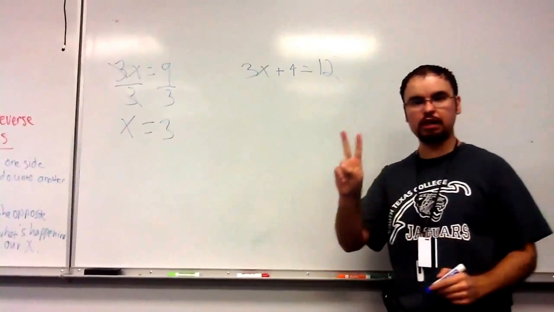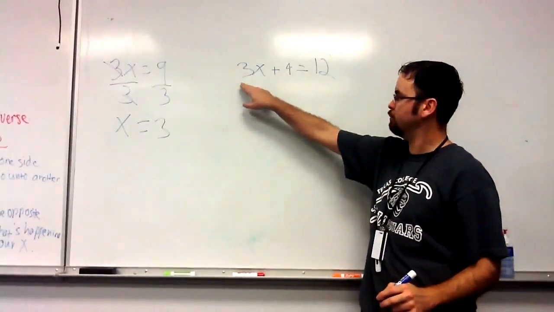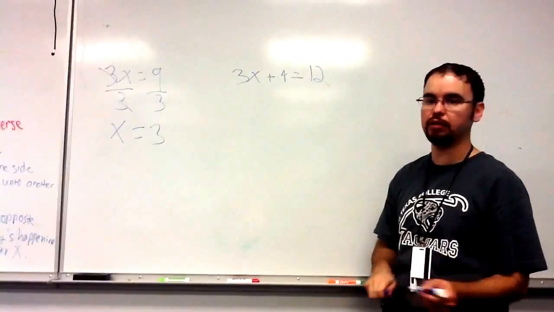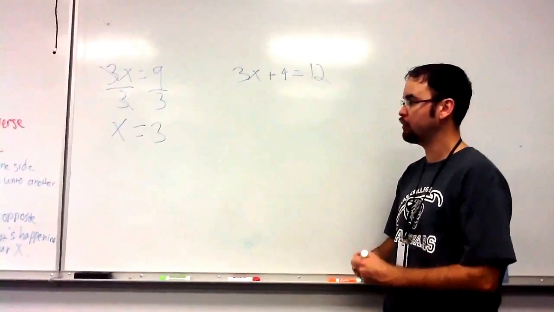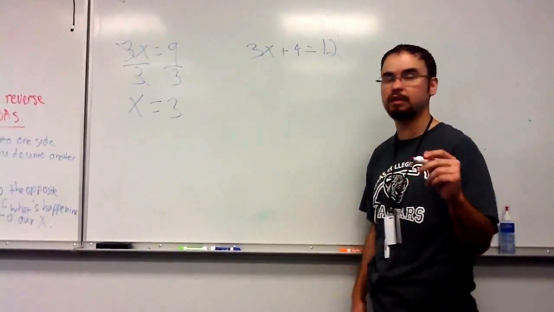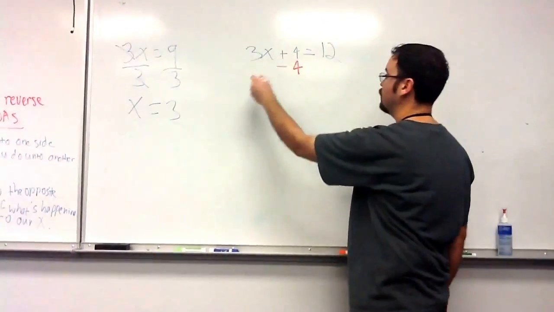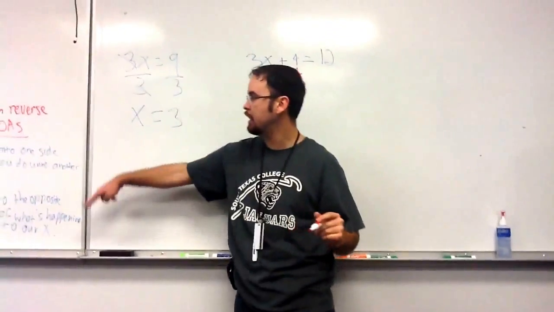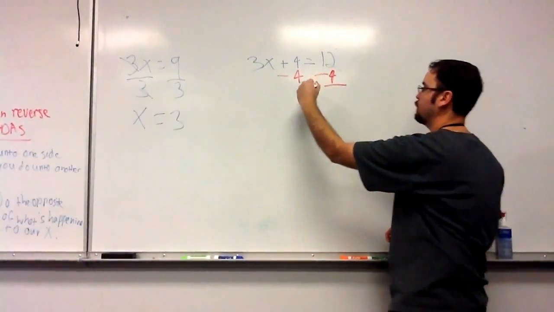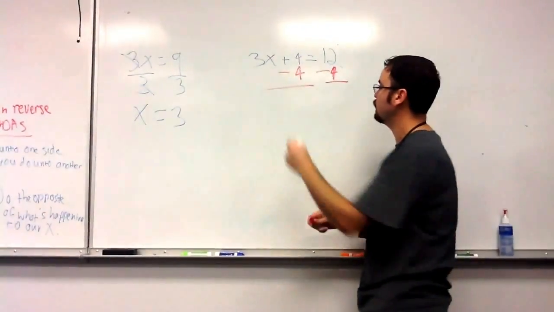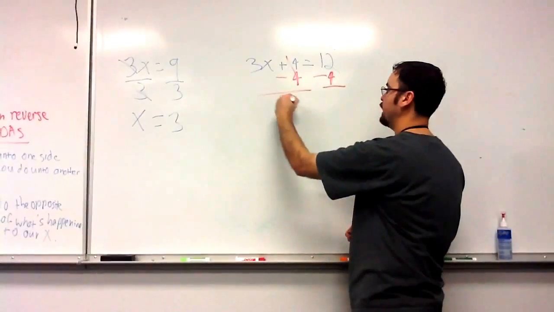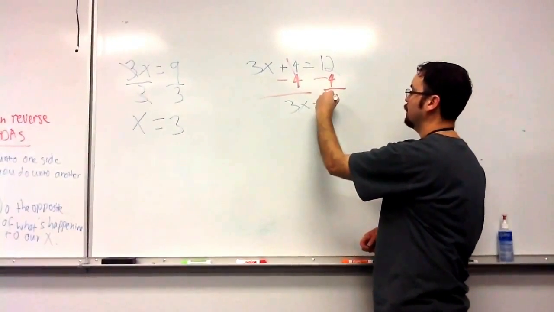So there are 2 things happening to my x right here. I'm having it be multiplied by 3, and then I'm having 4 added to that number. So for my first step, I'm going to work in reverse PEMDAS. I'm going to do the opposite of the addition first. So the opposite of the addition here is I'm going to take away 4. And so that's my opposite. Then what I do to one side, I'm going to do to the other. So then this cancels out. So then I'm left with 3x on this side is equal to,